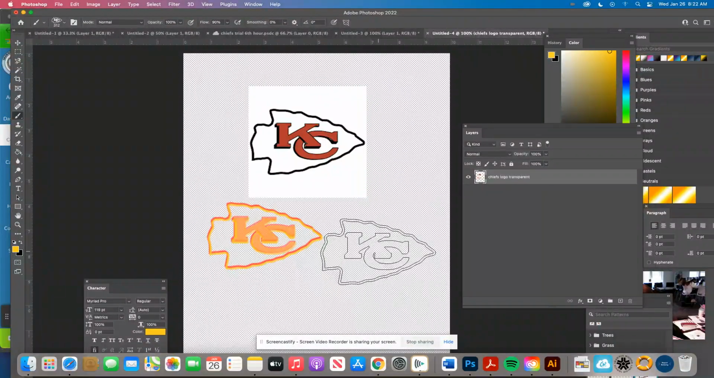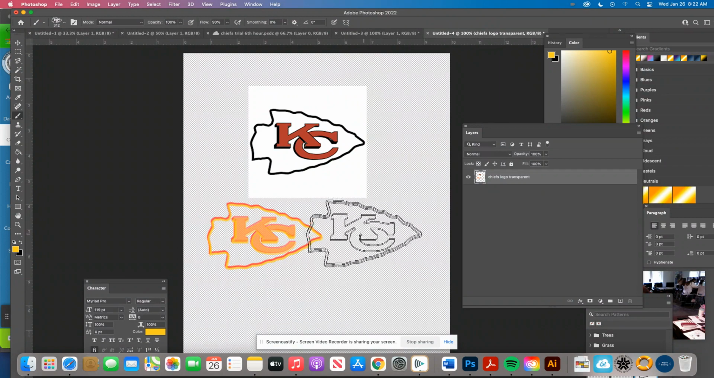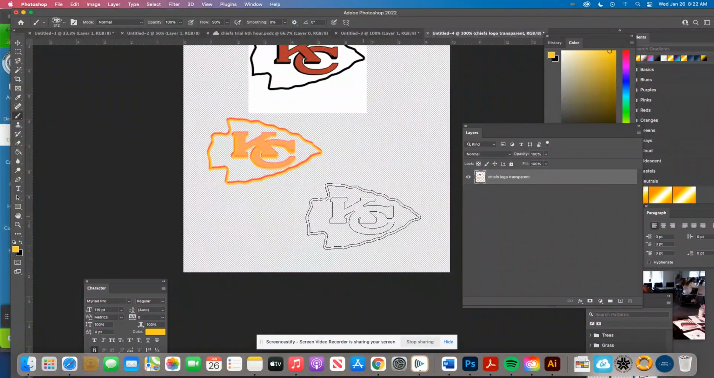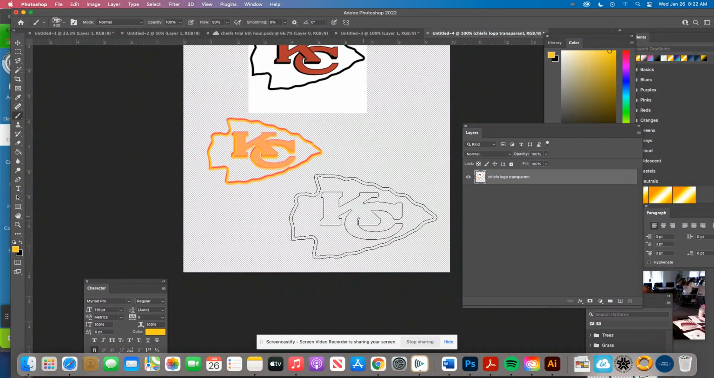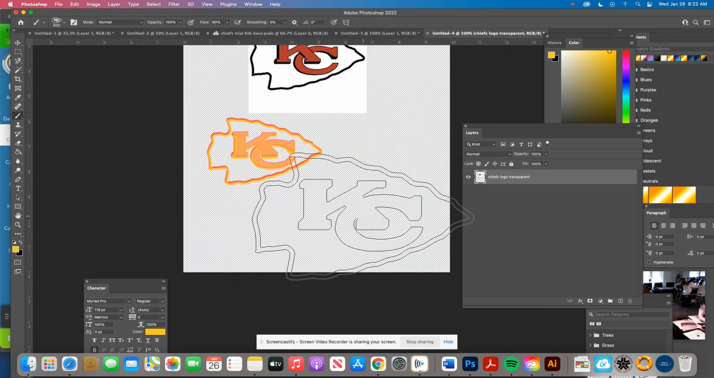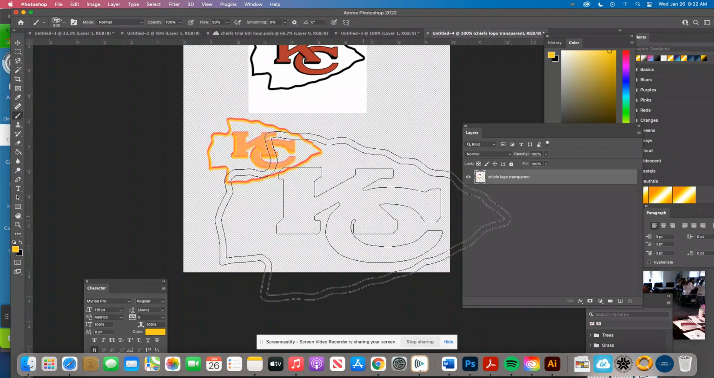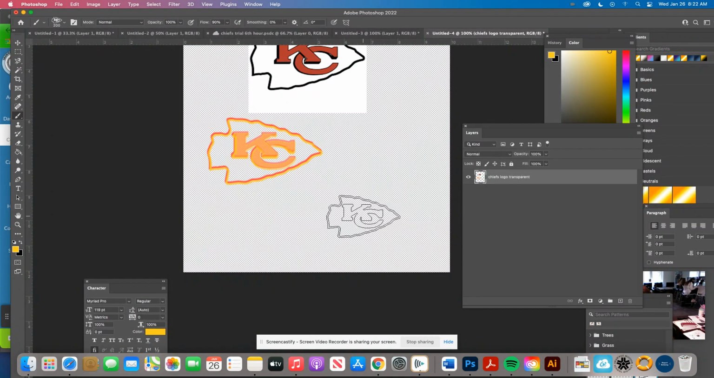Pro tip, to increase or decrease the size of your brush, there are two keys to the right of the P on your keyboard. They're called brackets. You can bracket to the right to increase the size of your brush. You can bracket to the left to decrease the size of your brush. So if I was going to kind of bleed,